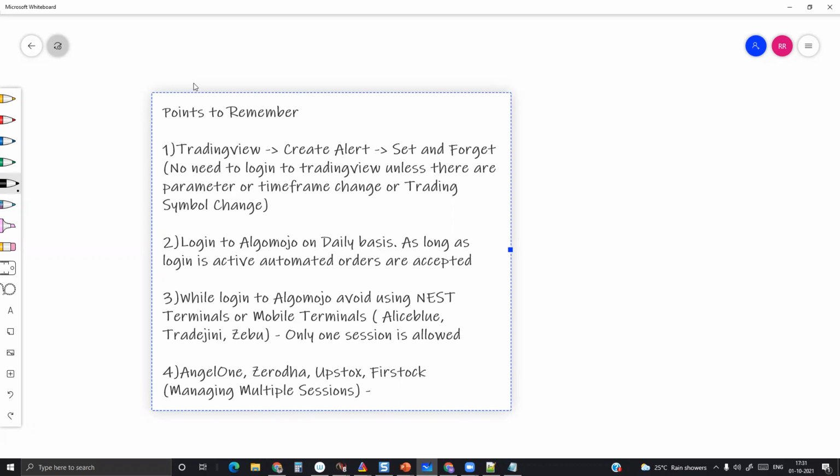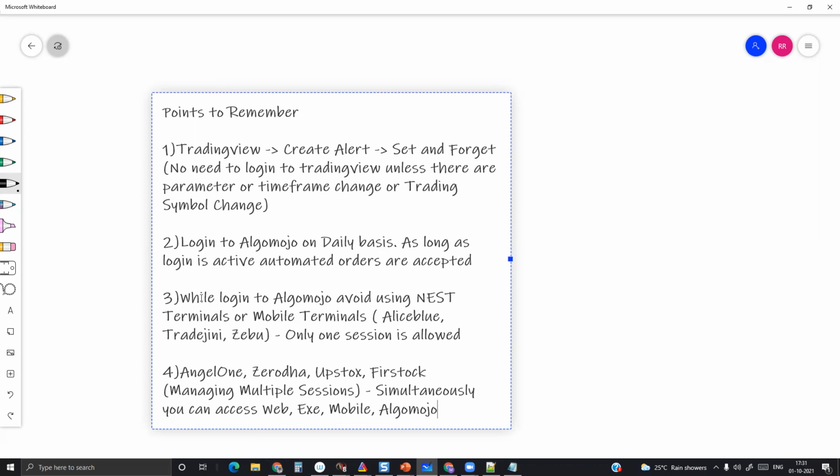That means simultaneously you can access web, exe, mobile, and also AlgoMojo as well. So there is no restriction in those kinds of brokers. It differs from broker to broker.